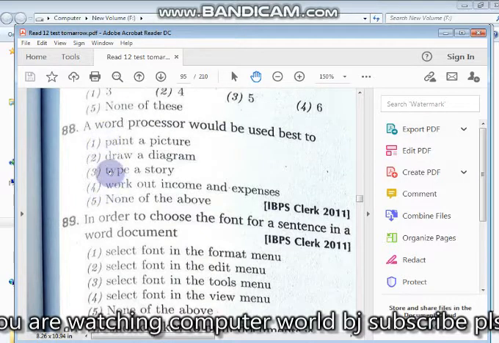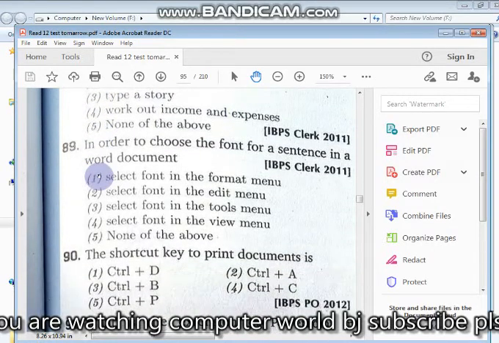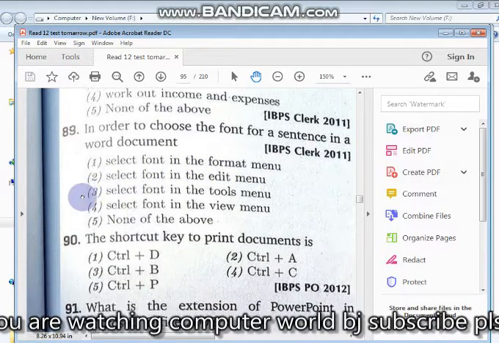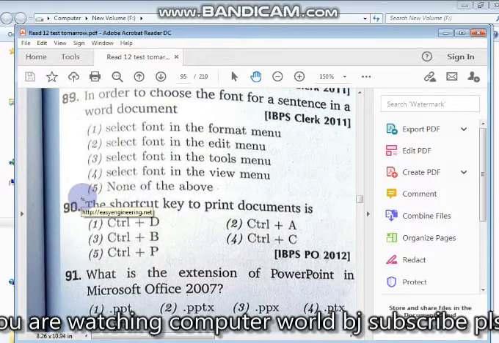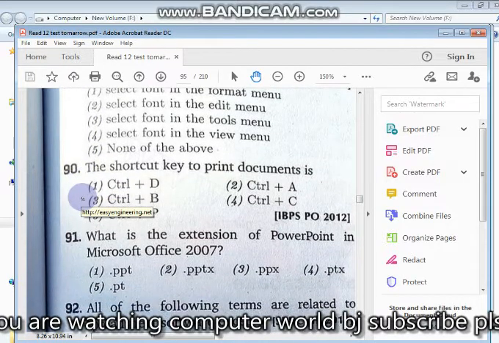ये तो सिंपल ही आपको आएगा ना. वर्ड प्रोसेसर टाइप स्टोरी. आंसर इज 3. 89. In order to choose the font for sending in Word document, the answer is 89. Answer is select the font in the format menu. 89 answer is 1. कंट्रोल P